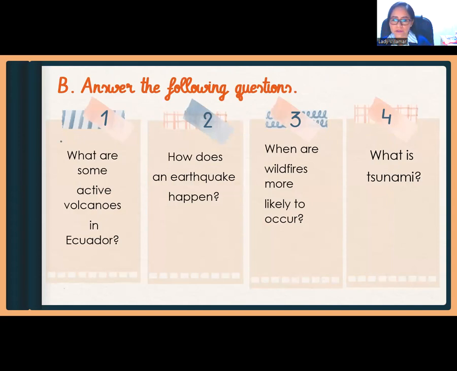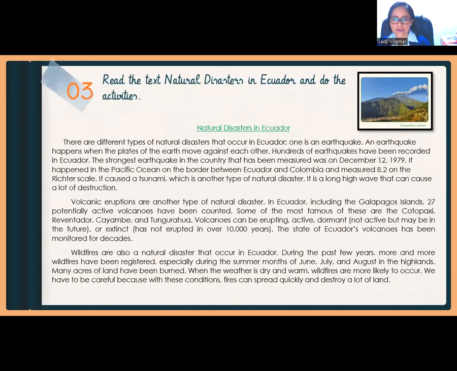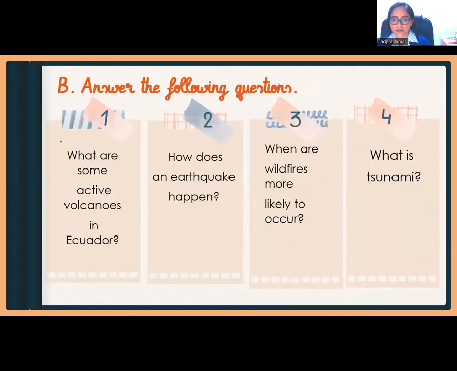Question number 1, what are some active volcanoes in Ecuador? Number 2, why does an earthquake happen? Number 3, when are wildfires more likely to occur? And number 4, what is a tsunami? Keep in mind the answers to these questions are based on the reading Natural Disasters in Ecuador. If you need to read the reading again, this is okay. The more you read, the more you are going to understand the information and be familiar with